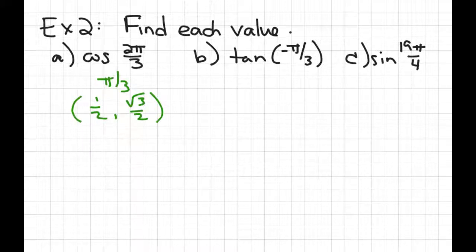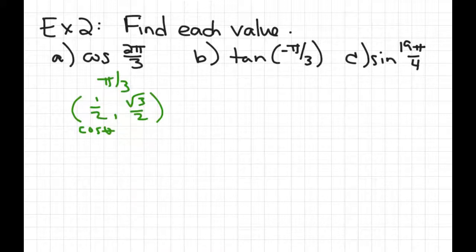In that ordered pair, which one's the cosine? Well, it's the first value. So I know the answer's got to be 1/2 or negative 1/2, depending on what quadrant it's in. What quadrant is 2 pi over 3 in? You have two ways of doing this. You can either think about the pattern of how radian measures move around the unit circle, or you could just